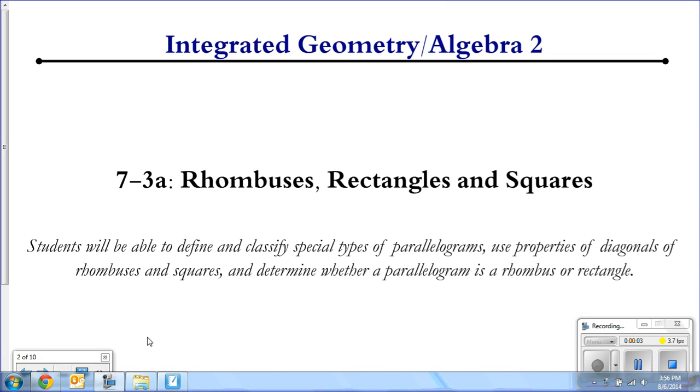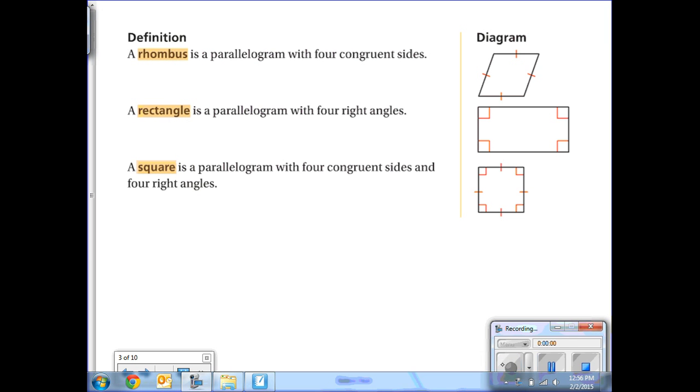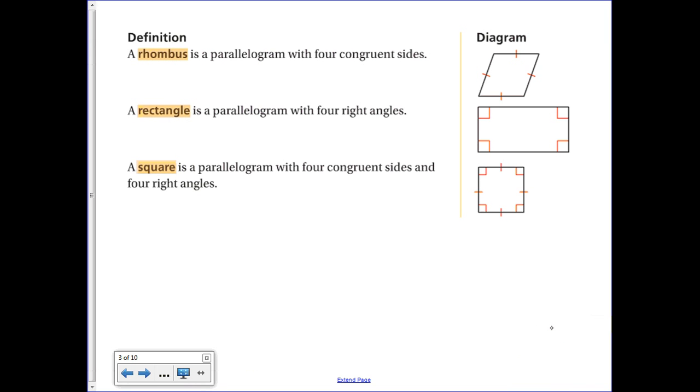This video is about rhombuses, rectangles, and squares. So let's get our definitions out of the way all on one slide. A rhombus is a special type of parallelogram that has 4 congruent sides. A rectangle is a special type of parallelogram that has 4 right angles. Now, a rhombus doesn't necessarily have to have right angles, and a rectangle doesn't necessarily have to have 4 sides